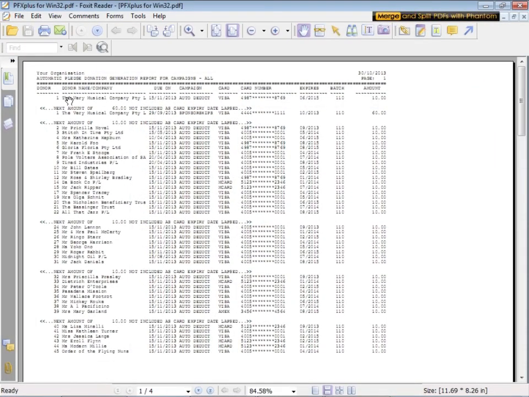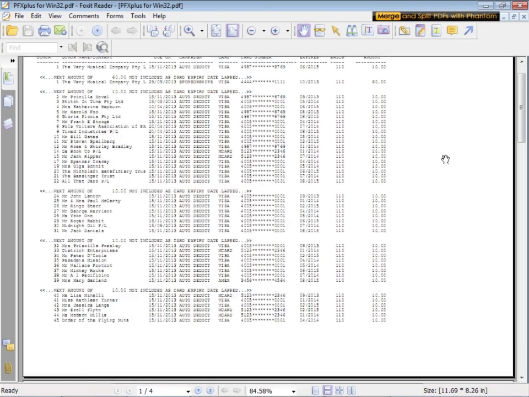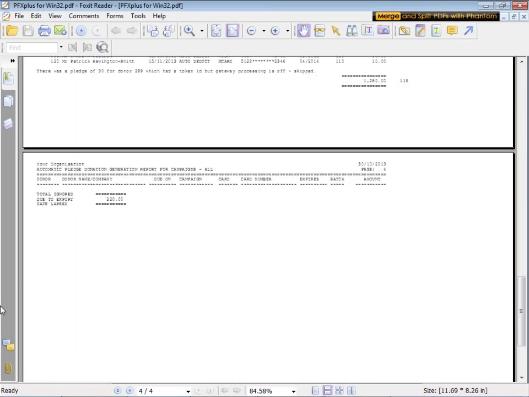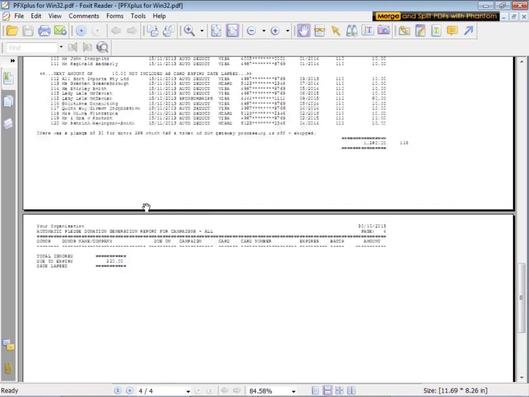Okay, so you can see now what I was saying before, that I've got a donor, that one payment has gone through, but the next amount for $60 hasn't gone through because they were using a different credit card for that particular one, and the credit card has expired. Okay, so at the bottom of my report will then show me that there was $220 missed out of this particular batch because of expired credit cards.